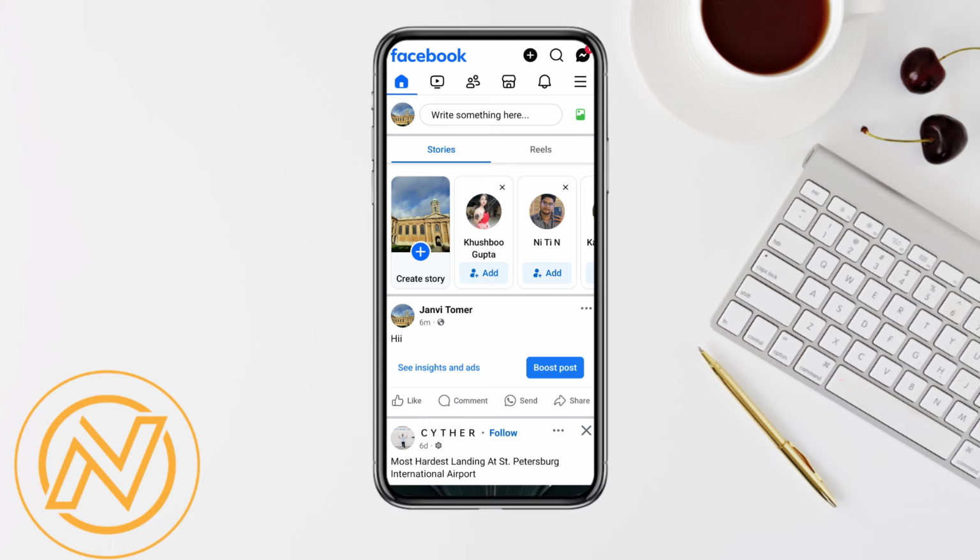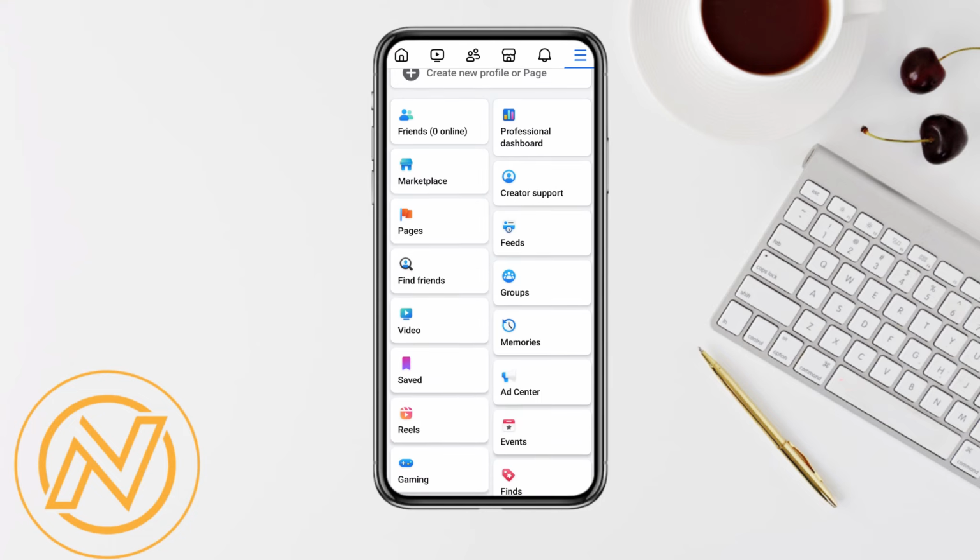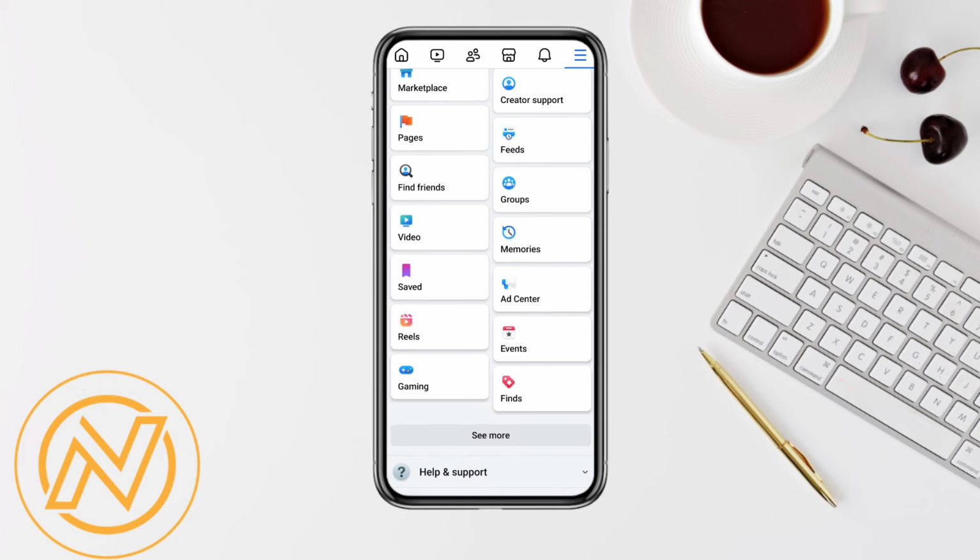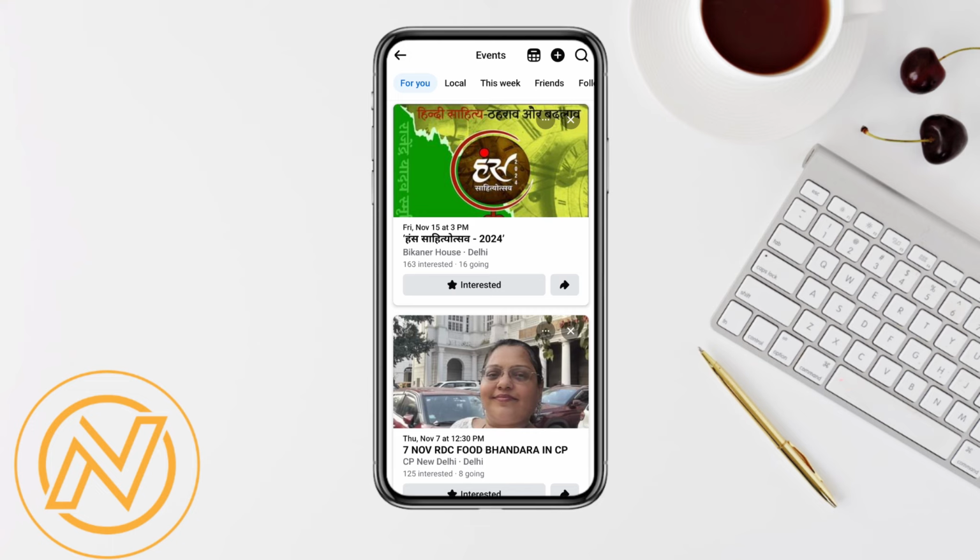So first of all, just simply open your Facebook account, and after that just simply click on the three dot menu icon from the top right corner of your mobile screen, and over here when you scroll down you will be able to see the option called event. Just simply tap on it, and now just simply click on the plus icon from the top right corner right